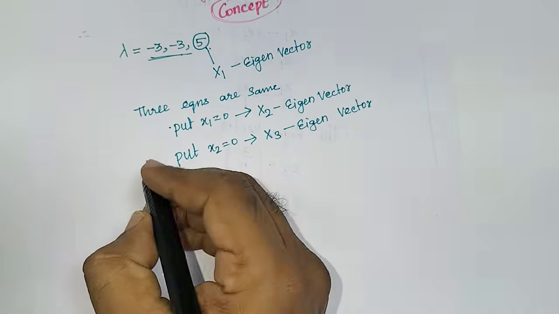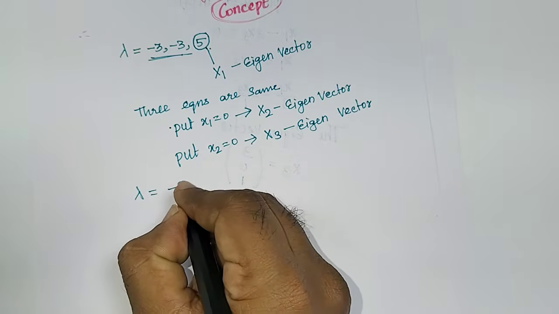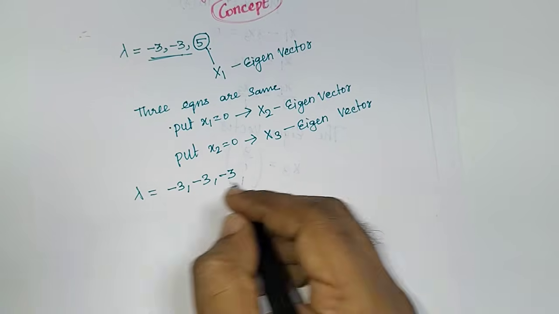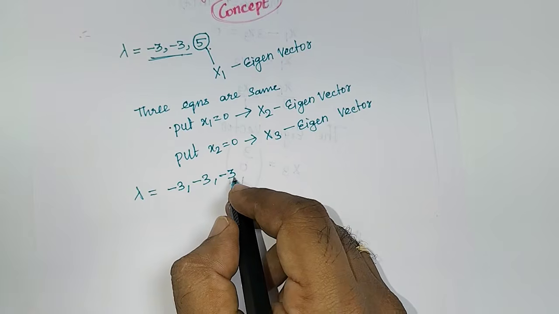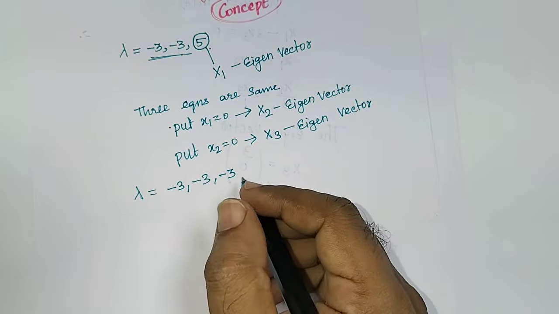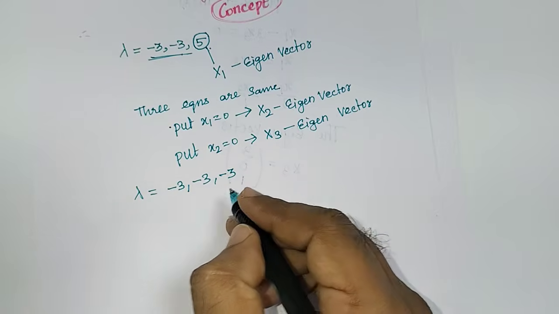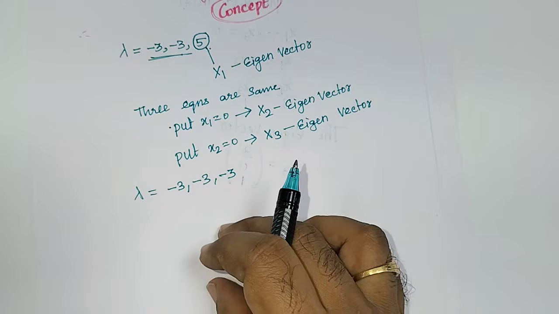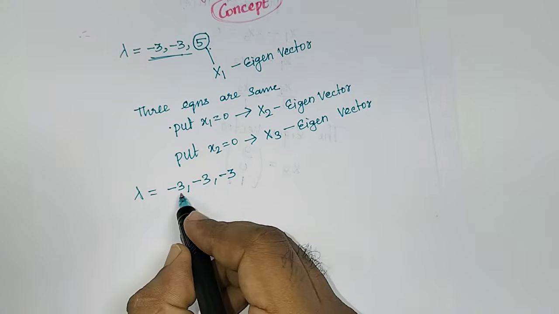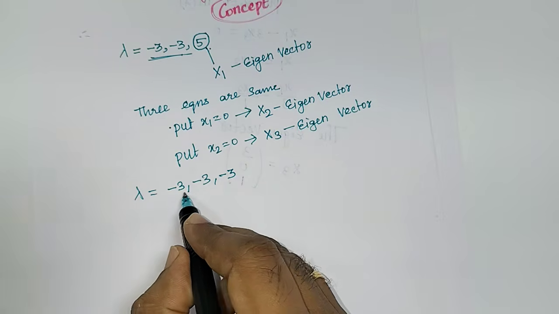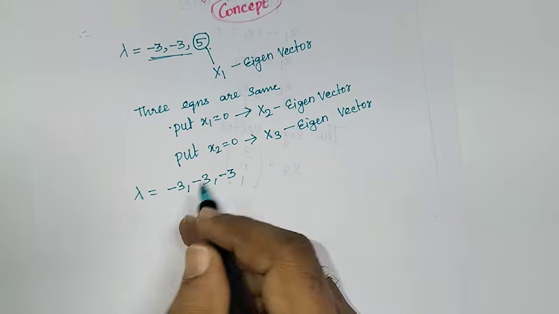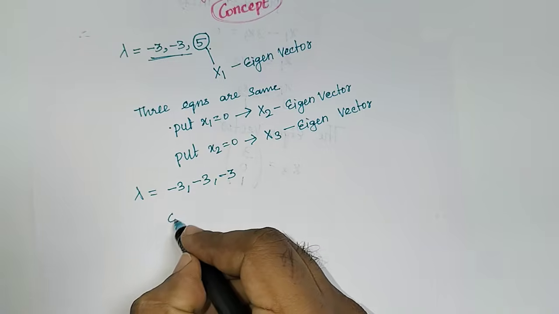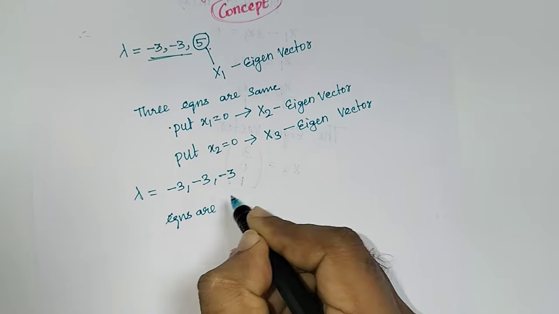And the next one, lambda is equal to -3, -3, -3. For example, all three eigenvalues are the same. So how to find the eigenvector? That's the question. The usual procedure: (A minus lambda I) x equal to 0. When solving that, you will get three equations. In these equations, I substitute lambda is equal to -3, and I will get a system of three equations. If the three equations are the same,